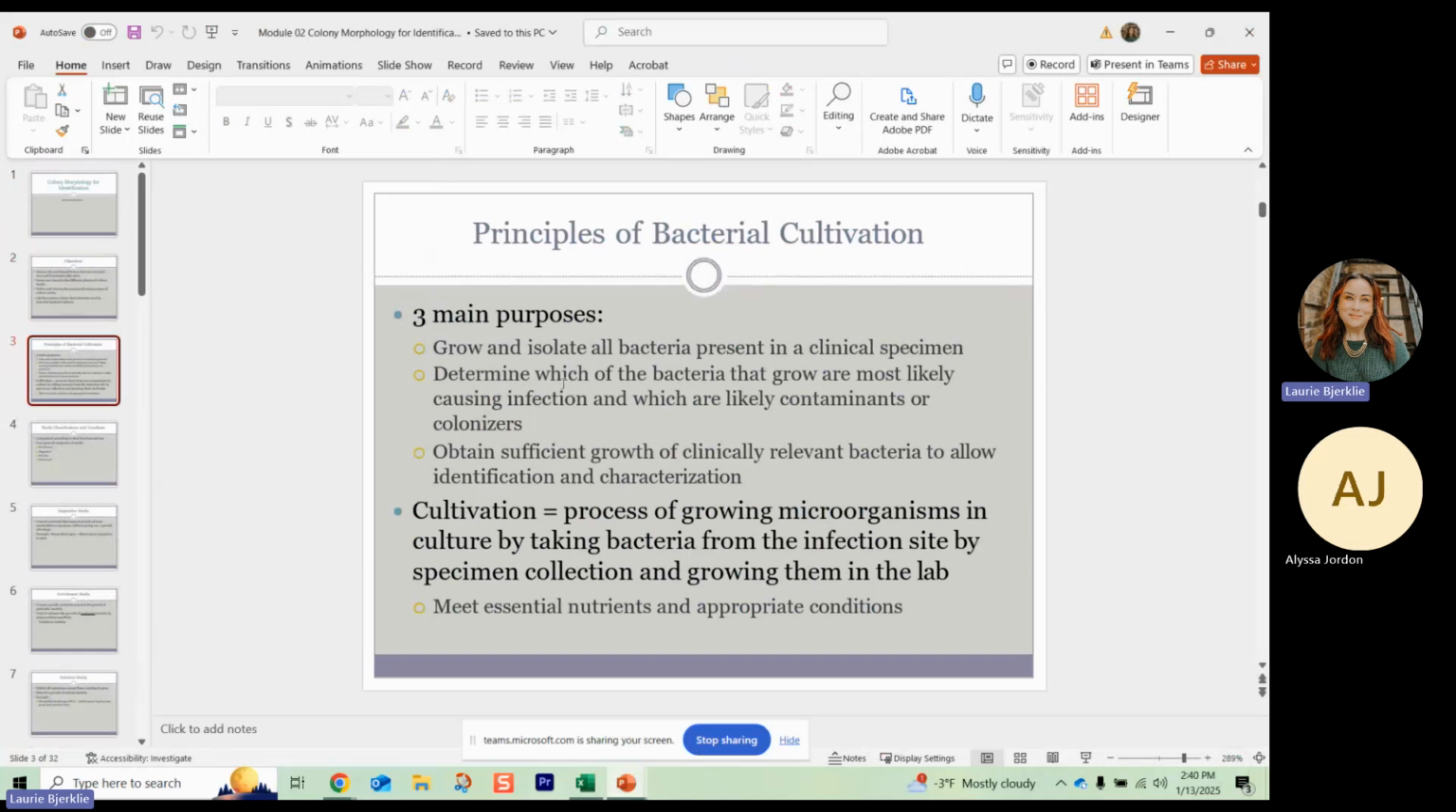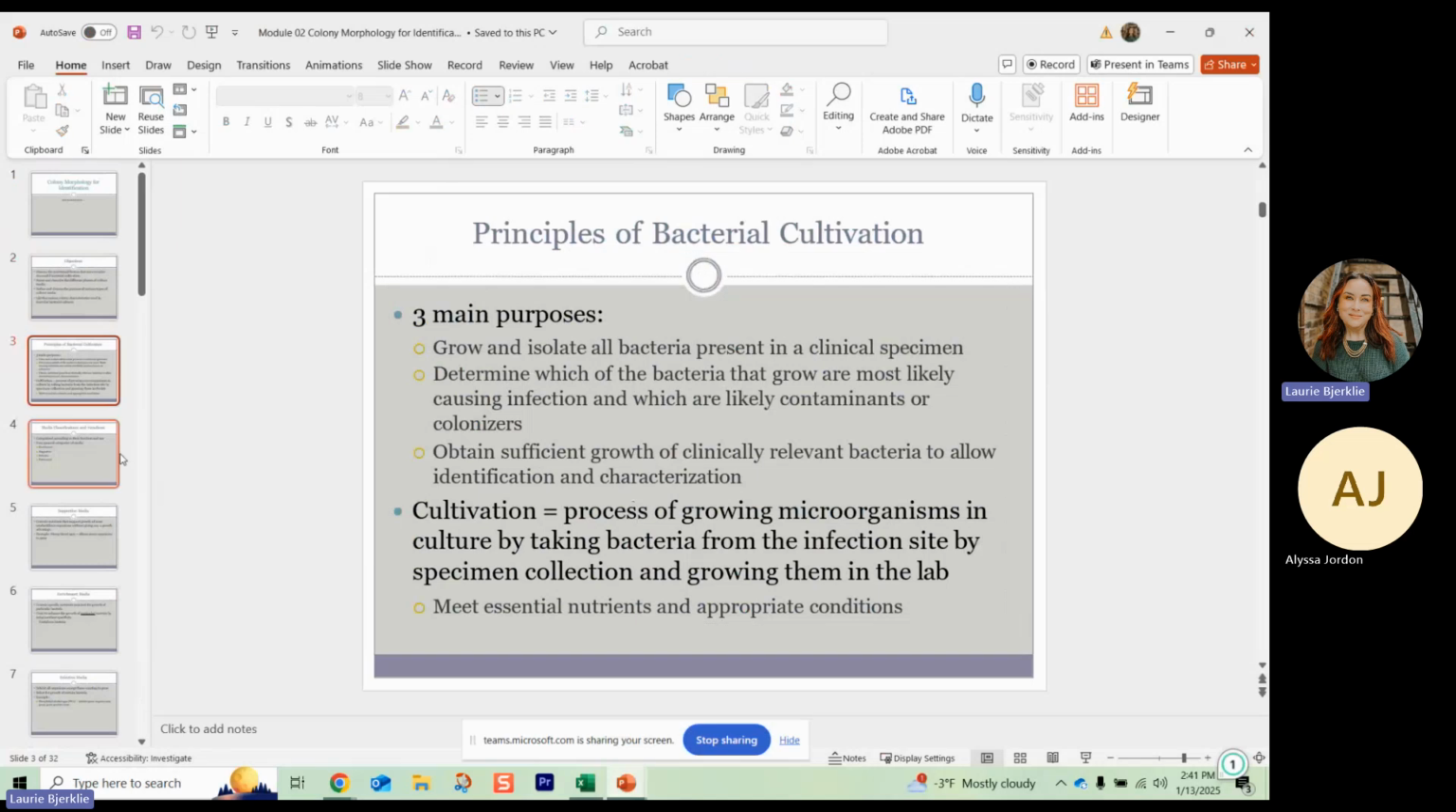So when we grow and isolate, it also determines which of the bacteria that grow are most likely the pathogen causing the infection, and what's just a contamination, what's just, oh, that's from the skin or something. And then the other purpose is, of course, to give us enough of the bacteria so that we can play with it and identify it. So again, cultivation just means the process of growing the bacteria in culture. So by taking it from the infection site, with whatever specimen they sent you,